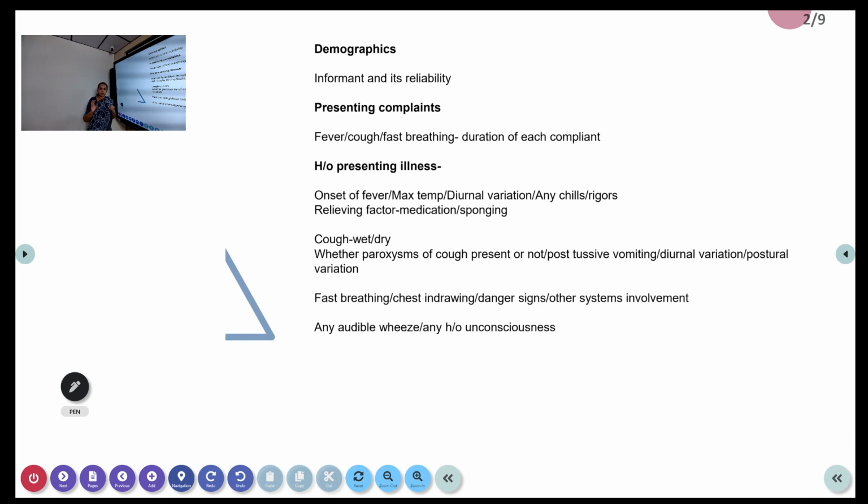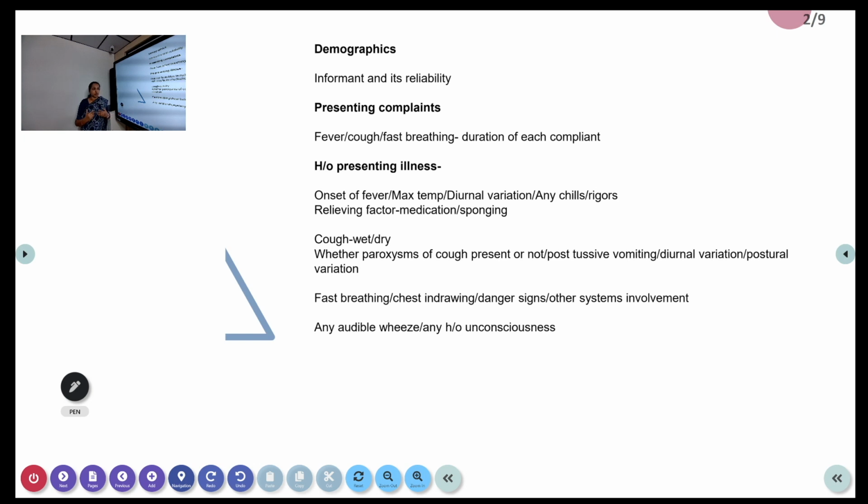Wet cough means productive cough, but the child is not bringing out the sputum. Then how is the cough coming? Is it coming in paroxysms or bouts of cough? Characteristically described in whooping cough, the cough will come in bouts. Then when there is foreign body aspiration also, you may get bouts of coughing. So whether the cough is occurring in paroxysms, is there any post-tussive vomiting, any diurnal variation of the cough, is the cough more in the evening hours or night time or in the early morning hours,